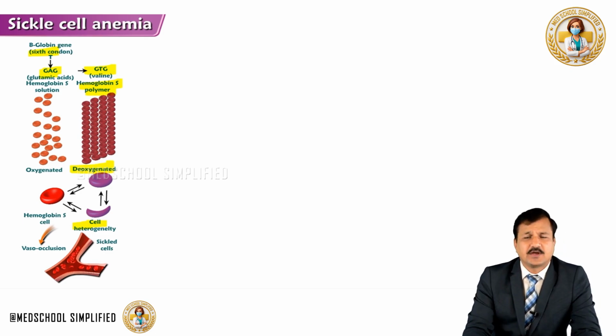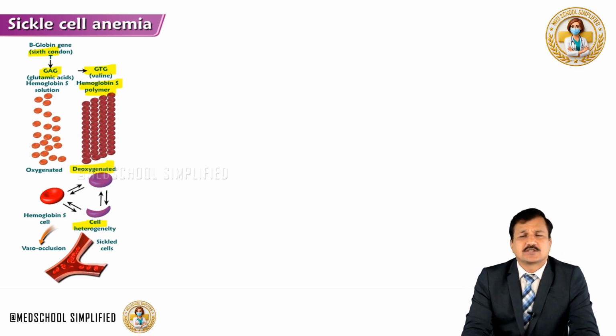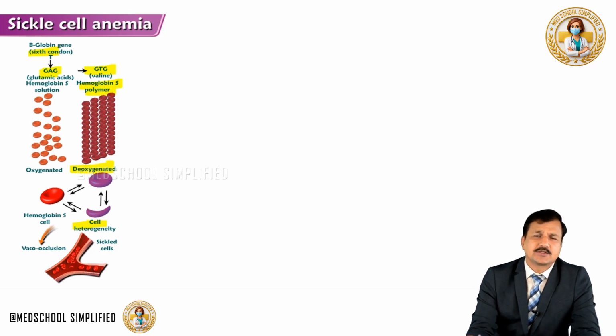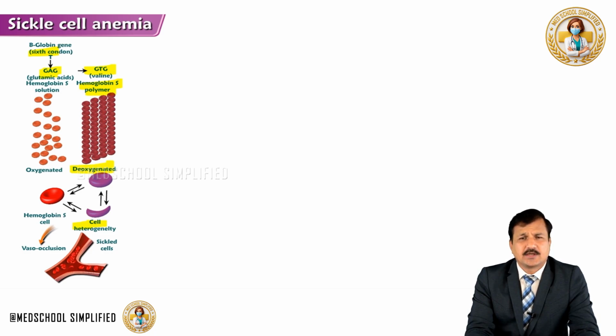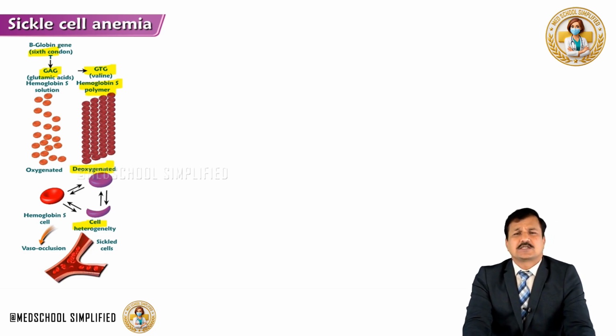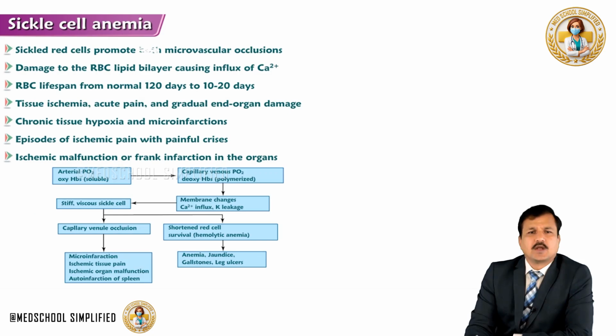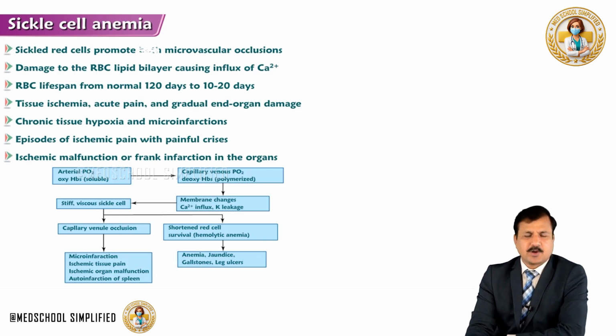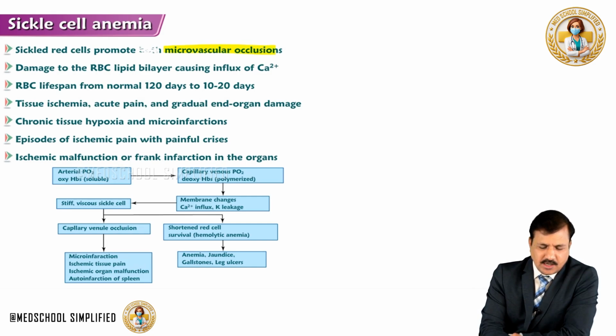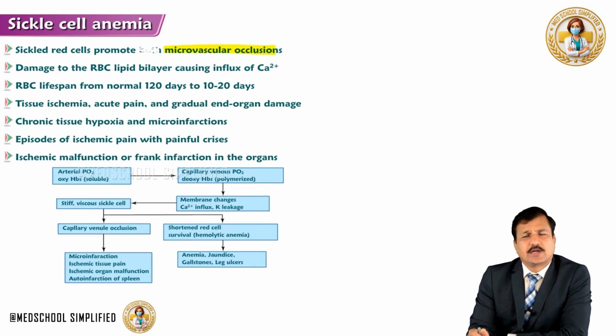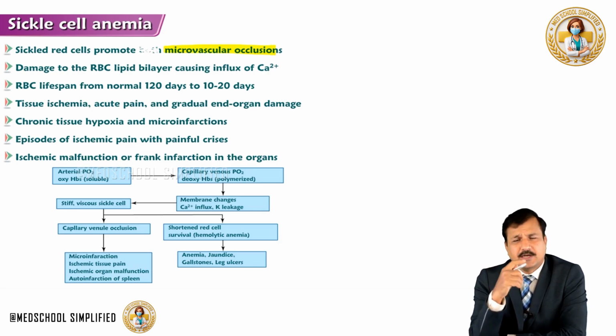as it is shown here in the figure, and also sickled red blood cells are destroyed by the spleen, and that leads to a rapid hemolysis process, and loss of hemoglobin leads to a decrease in the quantity of hemoglobin in the blood. That causes sickle cell anemia. Now the sickled red blood cells promote microvascular occlusion, and also it will lead to damage to the red blood cell lipid layer because of the repeated sickling process that is going on, and also the polymerization causes sickling,